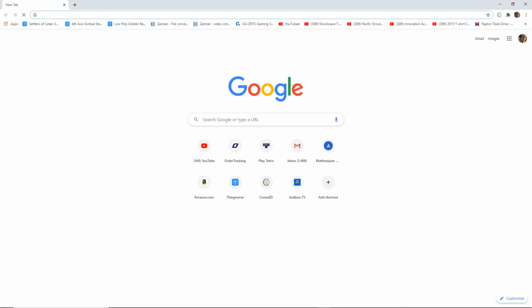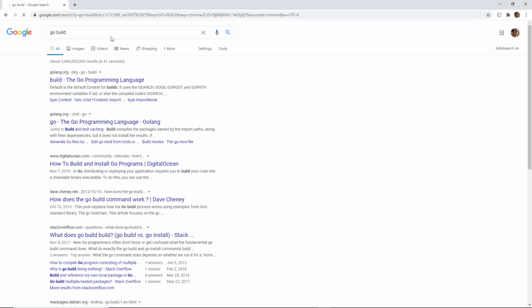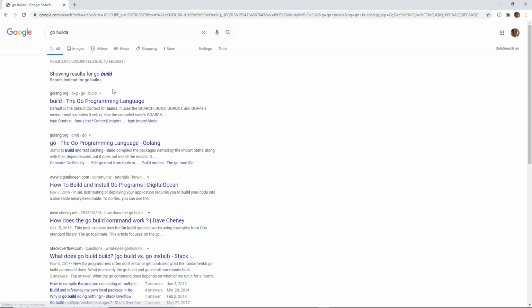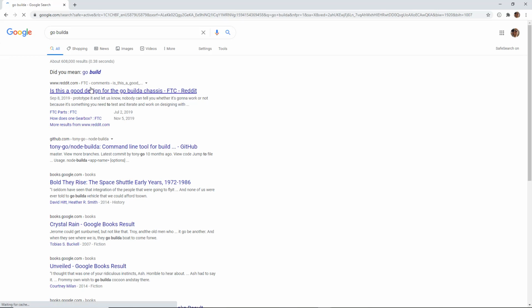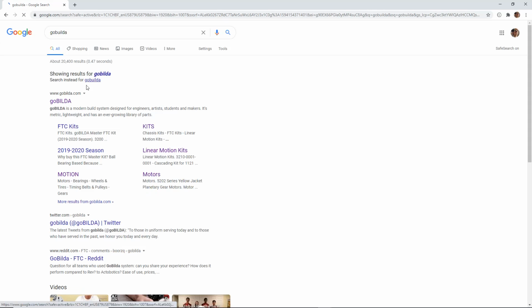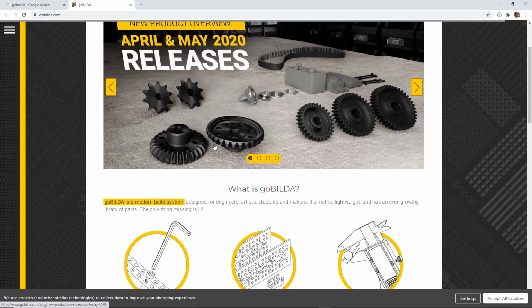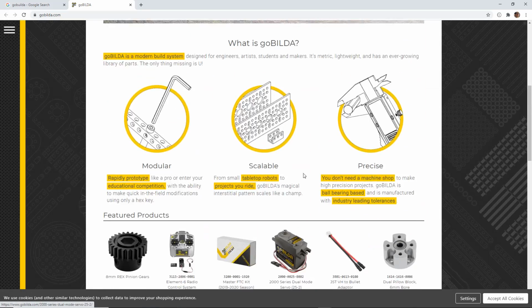So here we go. If I go to Go Builder, I don't know. It's always a pain to get there. Amazing place, but just a pain to get there. Although a little pricey. So what we normally end up doing is, if I just type